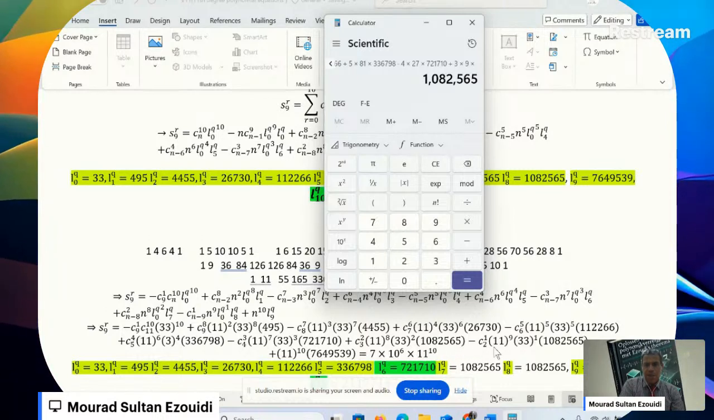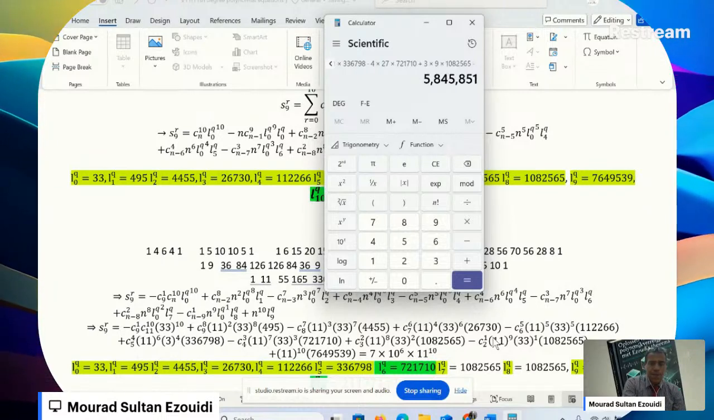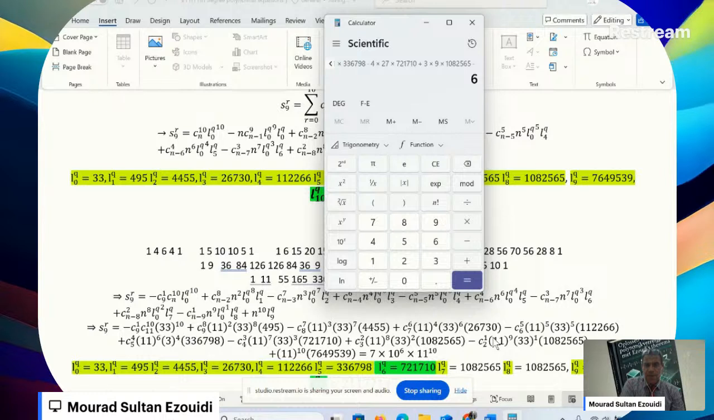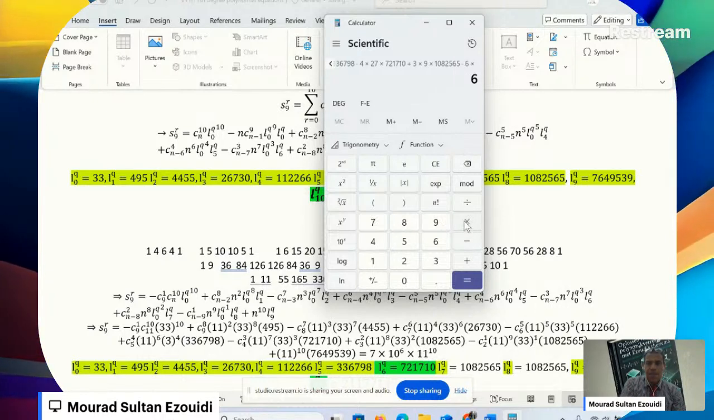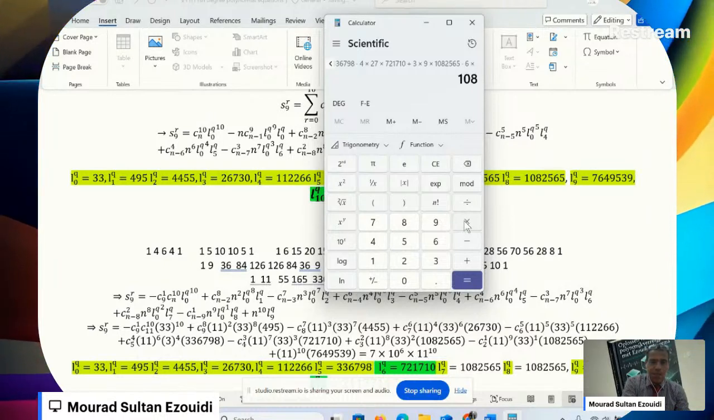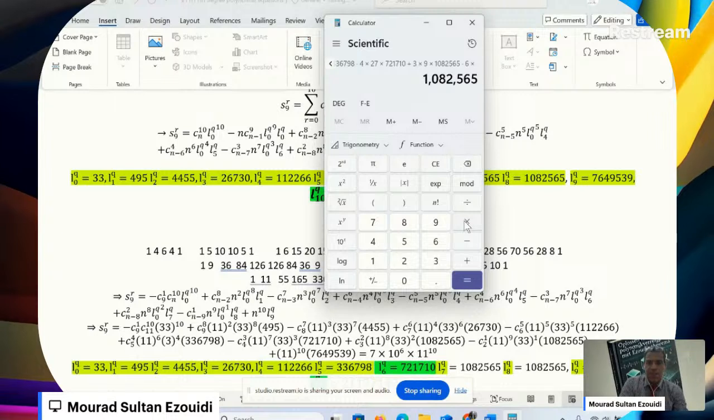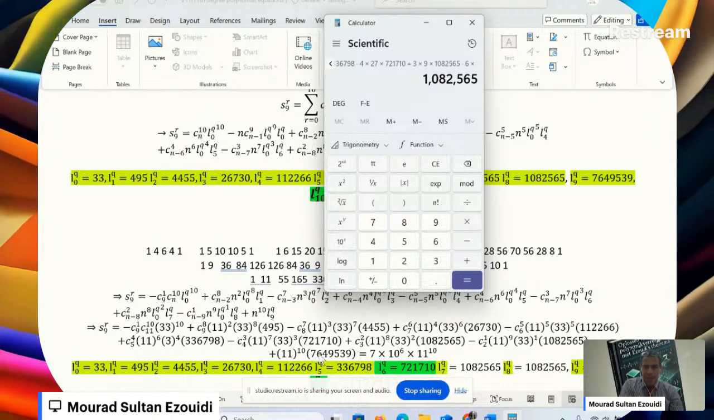Yes, we finished this one, isn't it? Now negative 2 times 3. Negative 2 times 3 means negative 6, times 1 million times 1 million and 82,565 plus